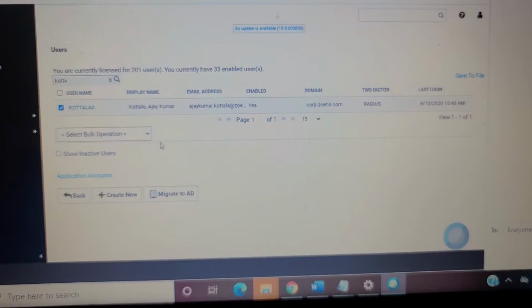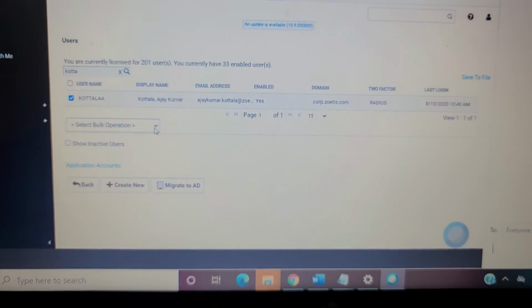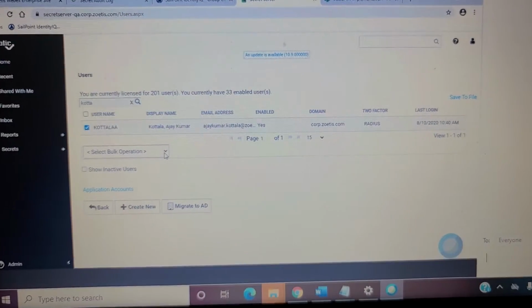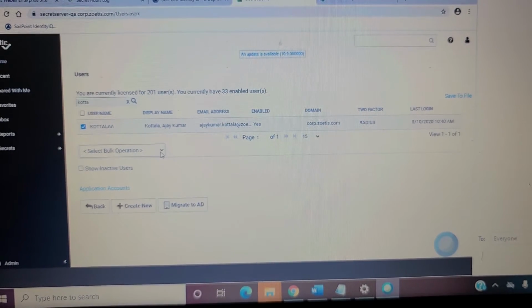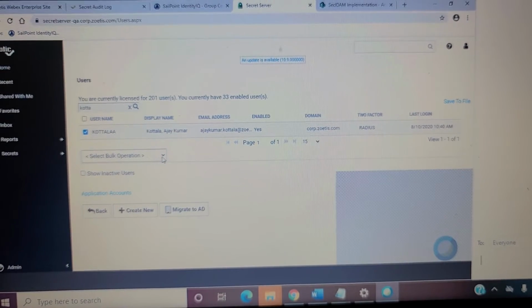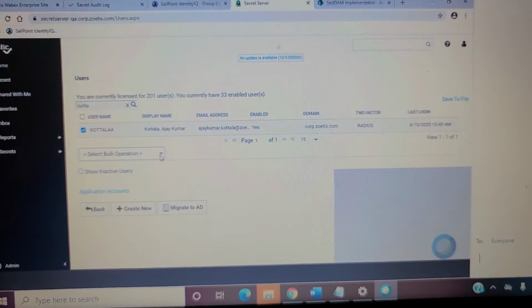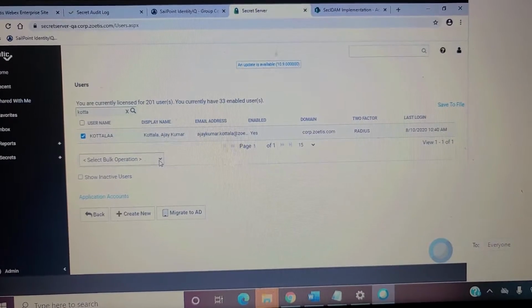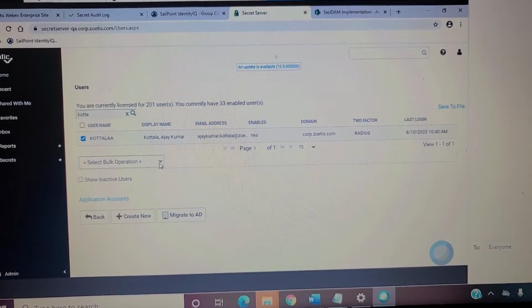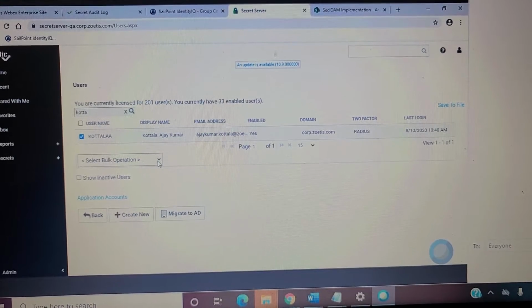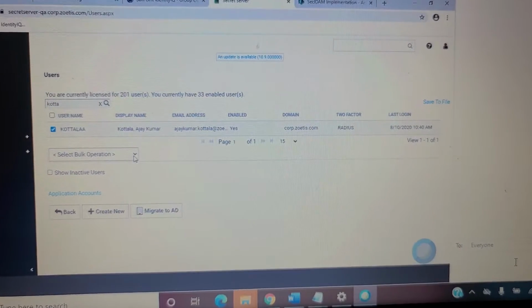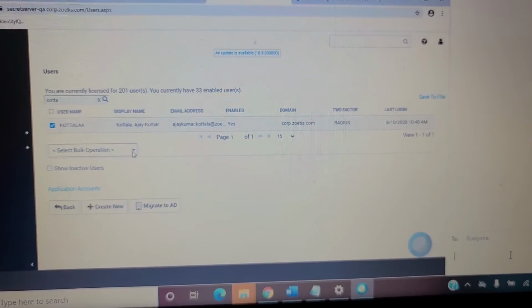Generally, all the users who are part of AD are synced with Secret Server every 2 hours. So my name is getting populated here. In case there is some error with AD and for the next 5 hours AD is not synced, and some user wants Secret Server access, a user account can also be created manually, or else you can directly create like this.